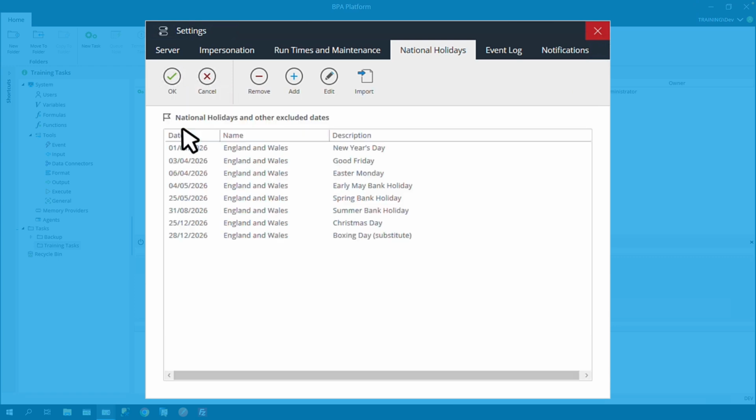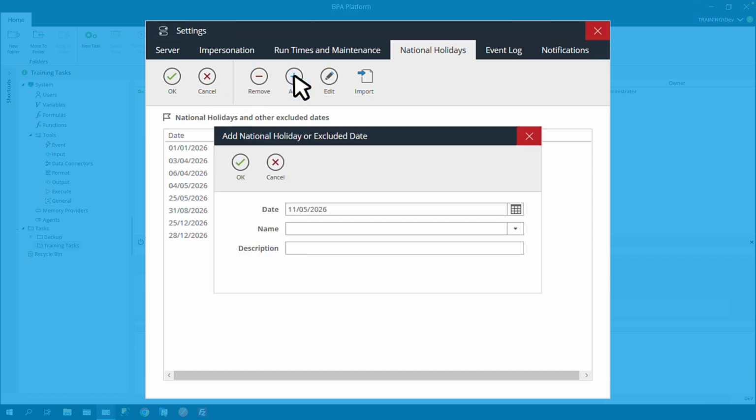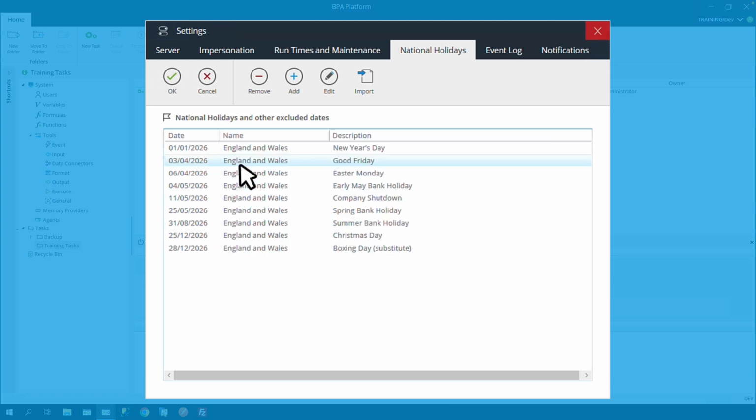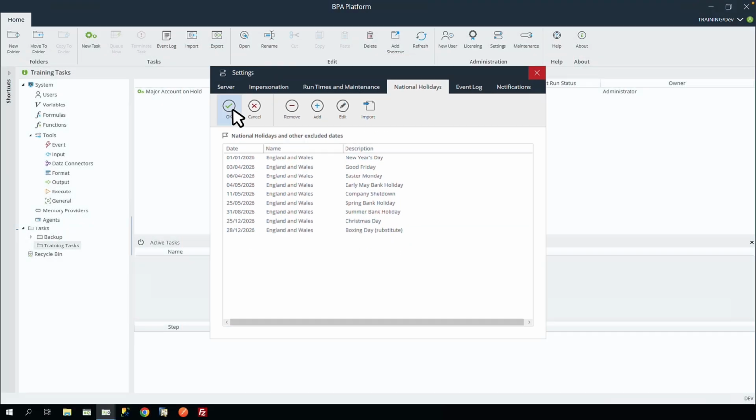Once your local national holiday calendar has been imported, you can use the Add, Edit, and Remove buttons to adjust additional dates where required. Let's click Add, select a date, and enter the name of the additional excluded date, and click OK. Then click OK to close this window.